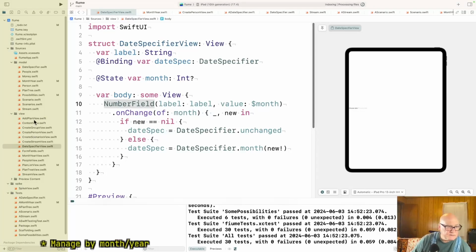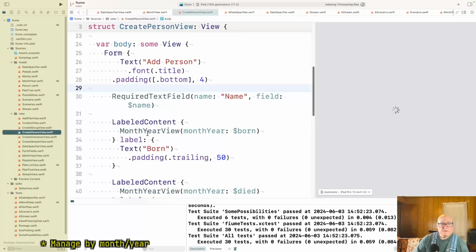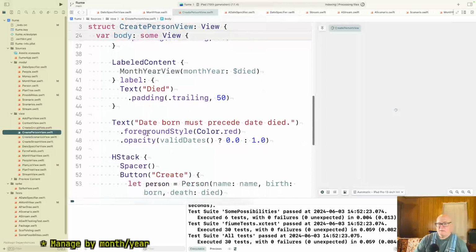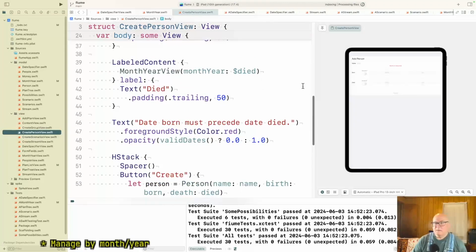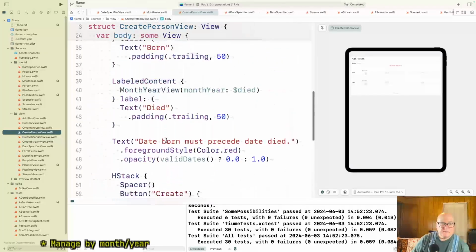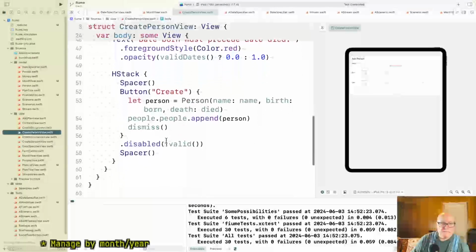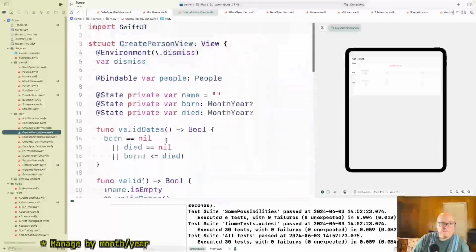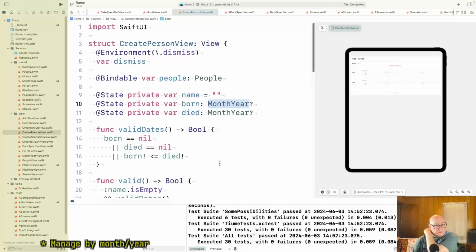What was our component for that? Okay, yeah, this thing. Somebody, it creates a month year.